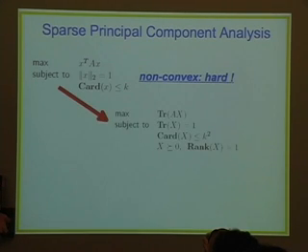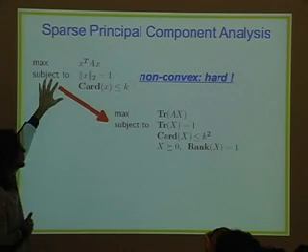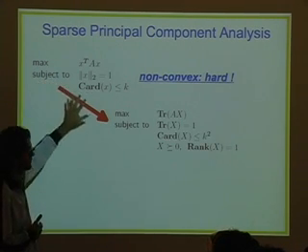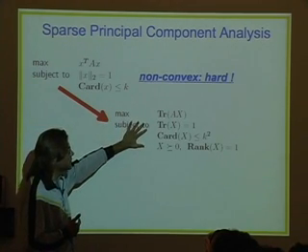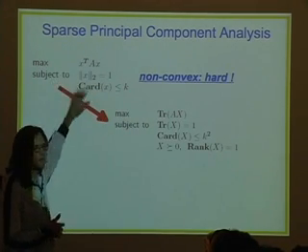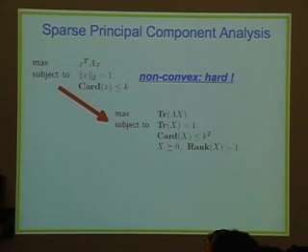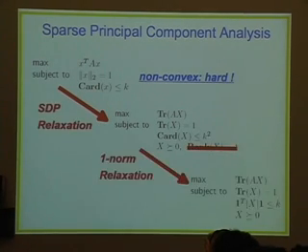Well, one of the techniques which is known in convex optimization is semi-definite programming relaxation. So basically what you do is you try to find an approximate problem of this problem here using a certain technique, whose solution will allow us to derive a solution for this problem here, but obviously an approximate solution again. So I'm not going to go into any details of that technique here, but basically the bottom line is